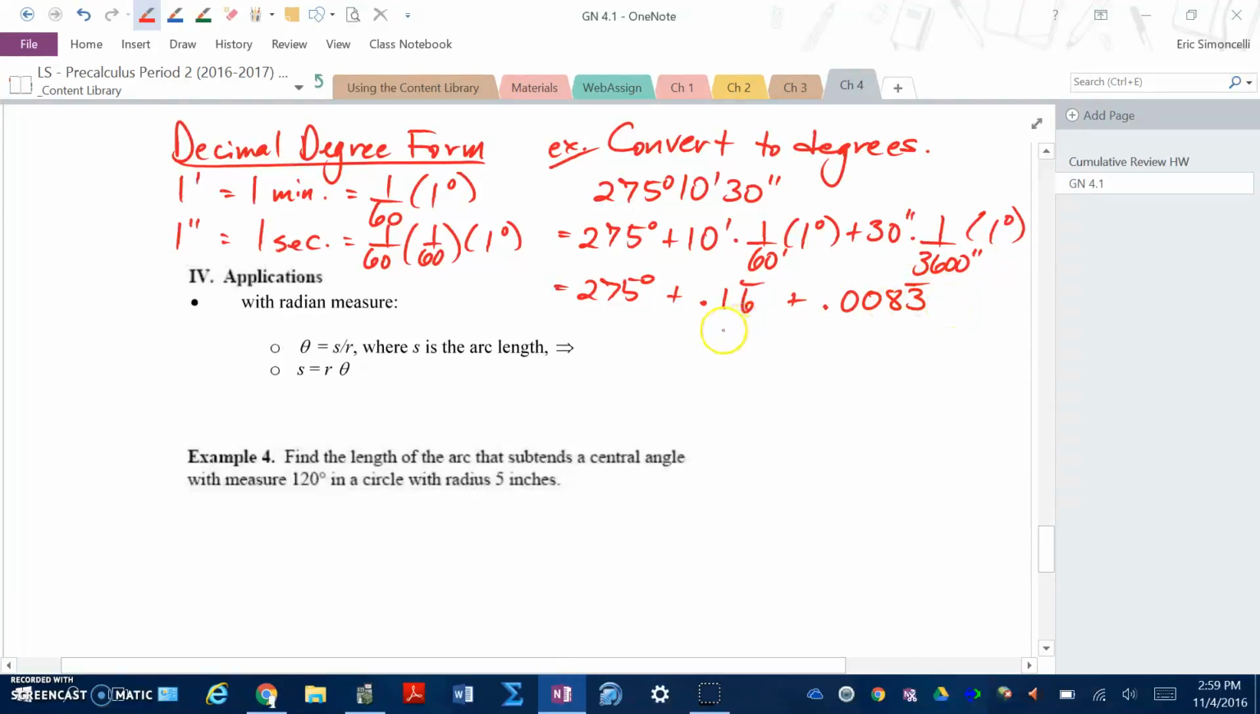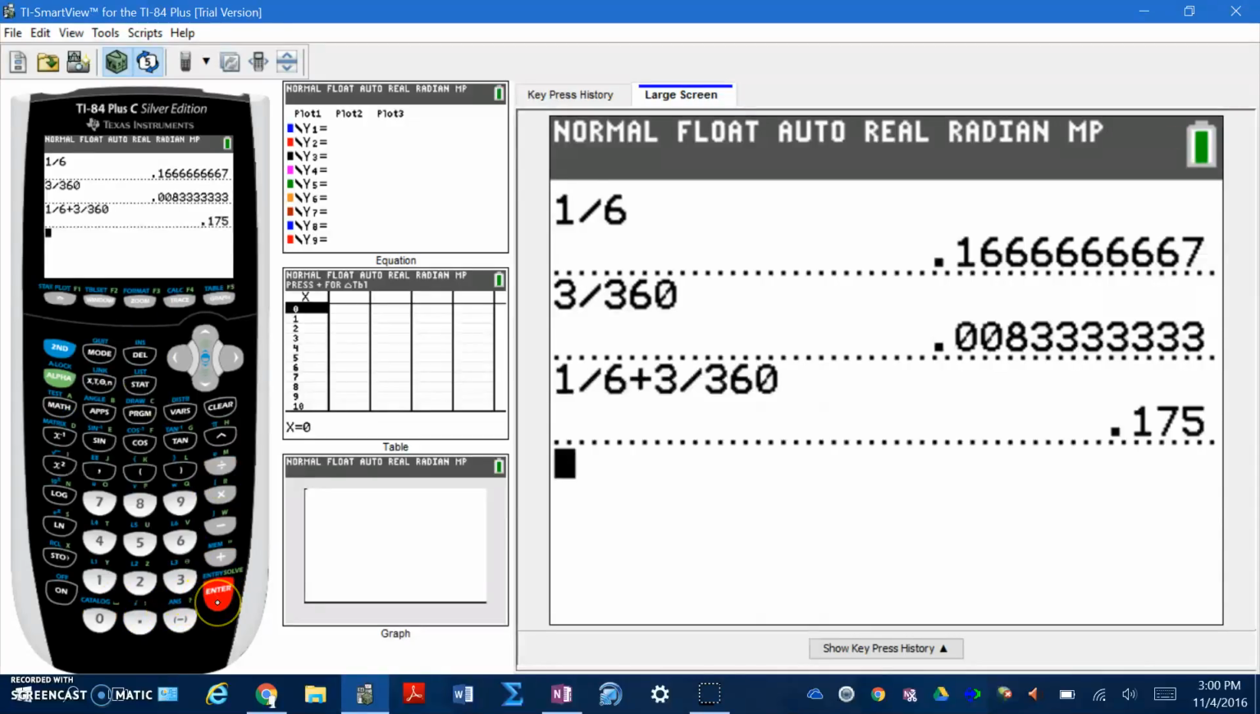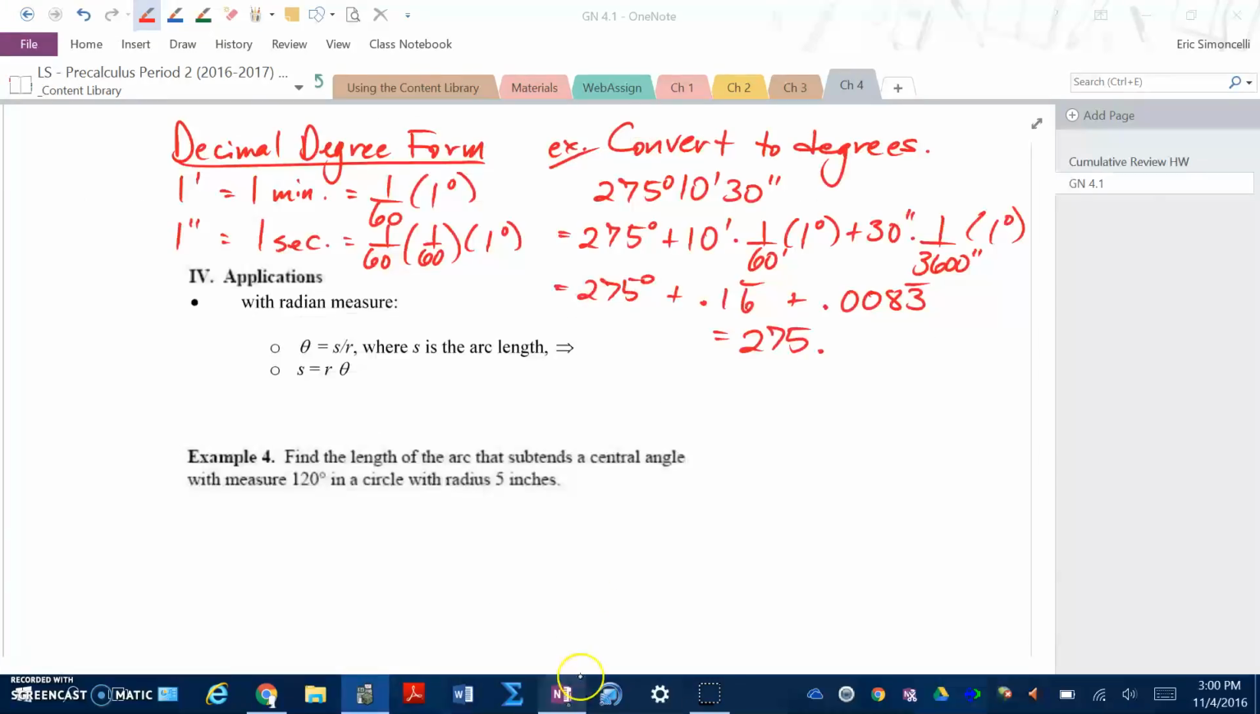Putting it all together, we add these up, and we end up with the decimal as such, 275 point. And to make things nice and clean, I'll just go ahead and hit 1/6 plus 3 over 360, or the second answer we can still do. And that ends up giving me 0.175 degrees. So I'll fill that in there as such. So my final answer is